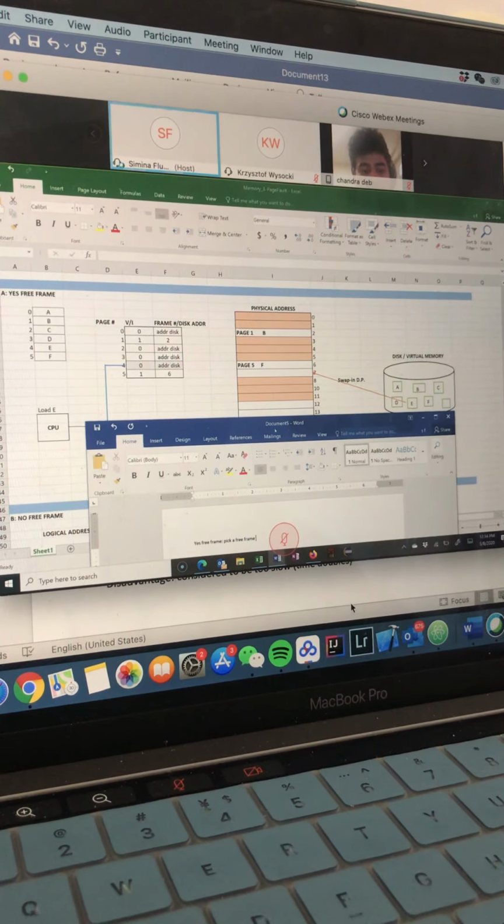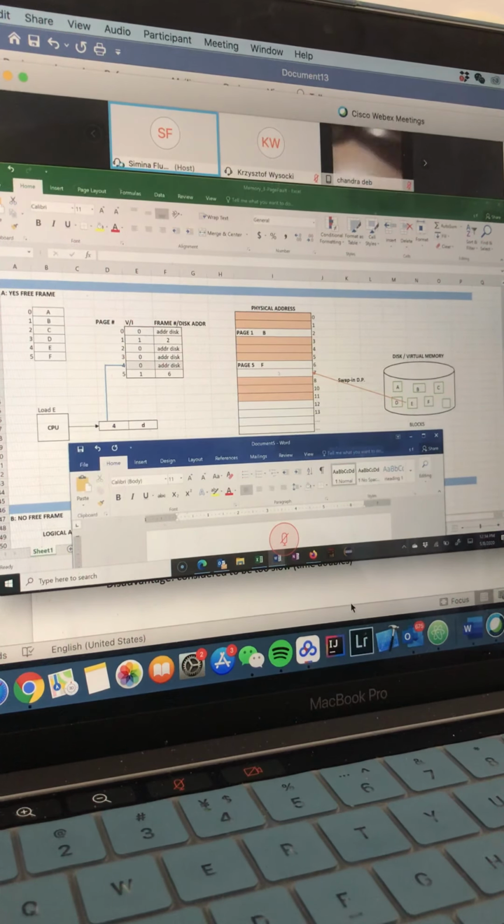So you take a look at the picture, and we can see we have free frames like 7, for example, it's free, 12, 13, 14. So based on whatever our picture shows, that is how we can see what are the free frames.